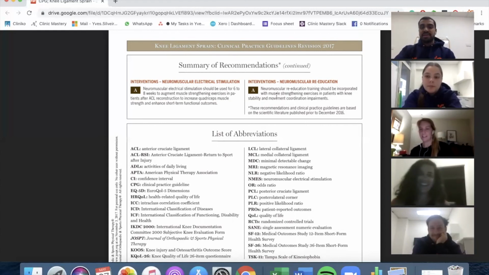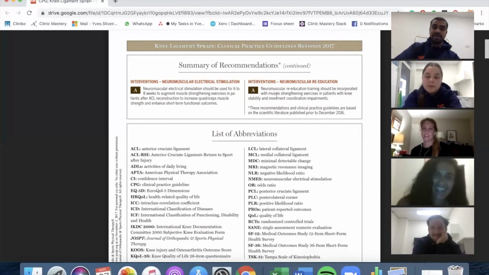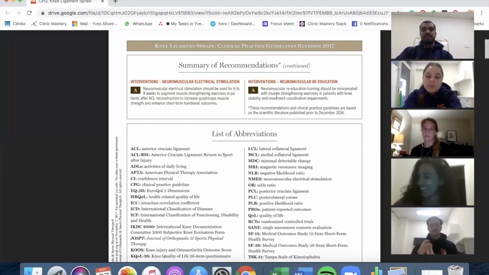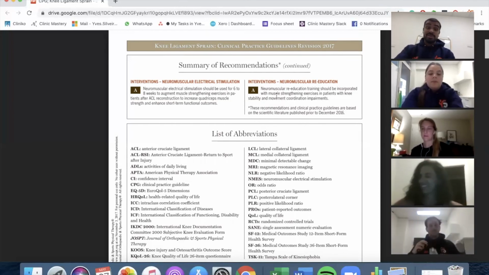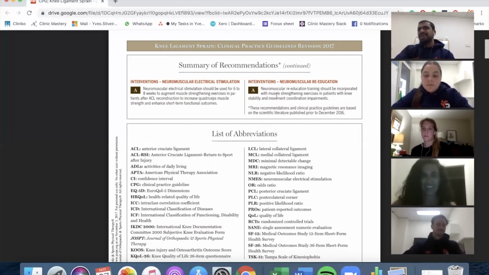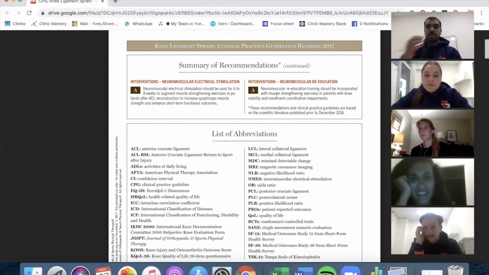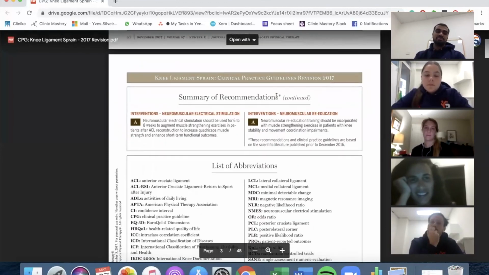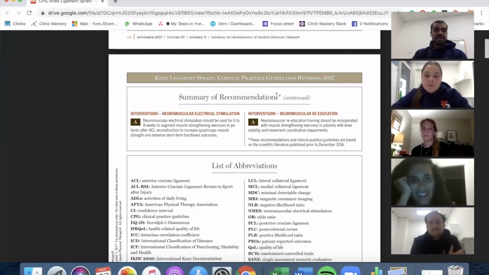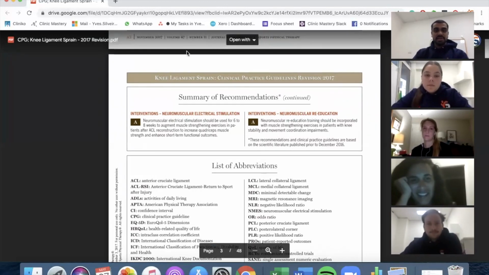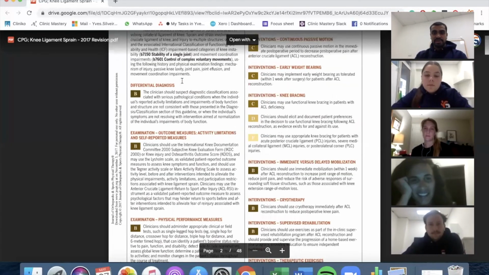Ashu had the PCL reconstruction. I just gave him one of our neuromuscular ES units, and he said it helped him tremendously when he couldn't do much, and then it helped him do his exercises, and it helped his range of motion. My sister had it during her ACL, so I think there's obviously something to it, but it has to be put together with the other elements. So that's about it. That was a bit of a longer one. I think there was some cool